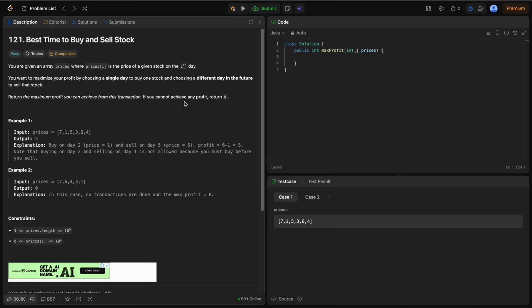So solution 2, I could say one optimal one. Here let's say again the prices, which has some values: 7 1 4 3 2, okay, or 6. This is the one, right? So now what we will do is, in this scenario,